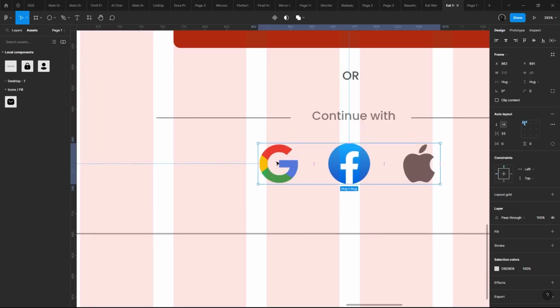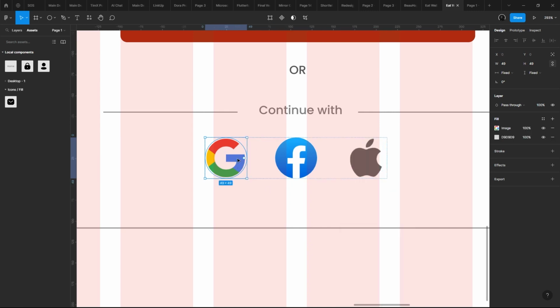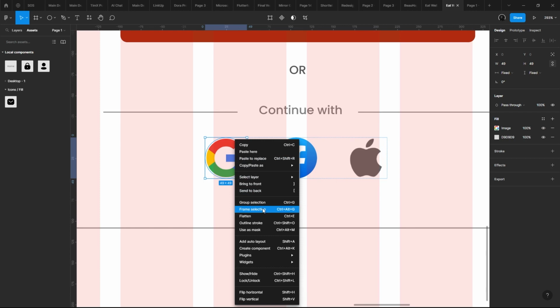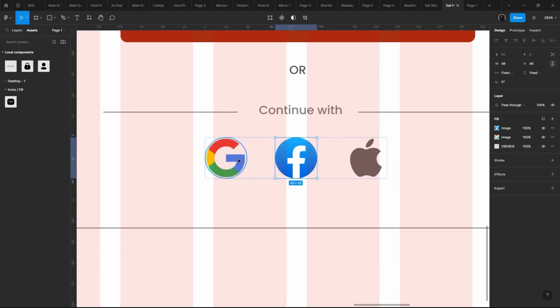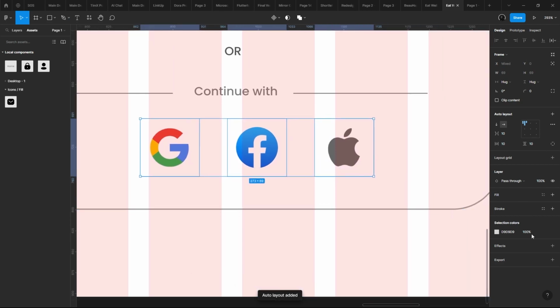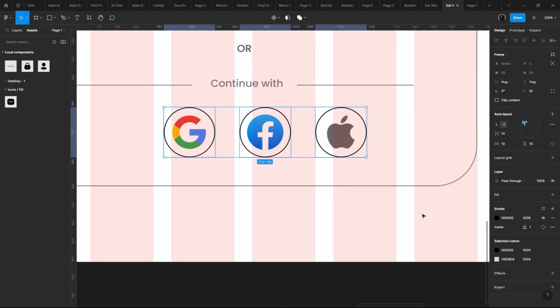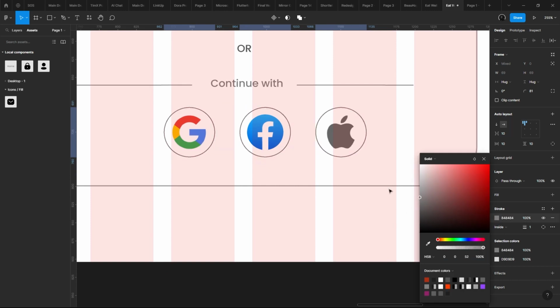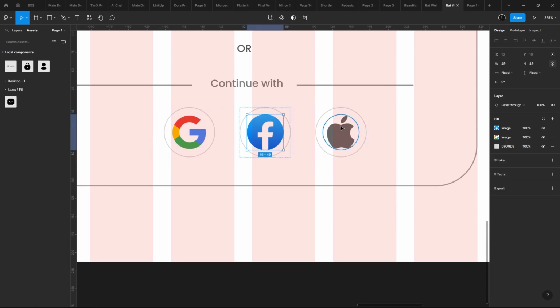And this here, my approach to this was, okay, what if we frame them? I mean, frame them or auto layout them. Let's use auto layout. Auto layout each and every one of them. Then give them the stroke. Then give it the 100% border radius. Then reduce the opacity for the stroke. And then we can control